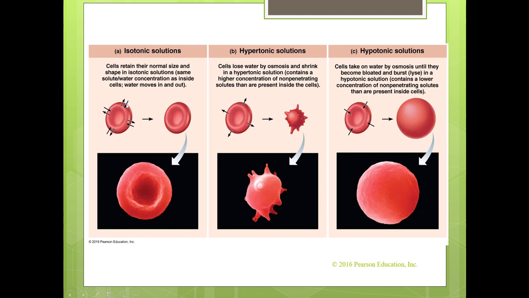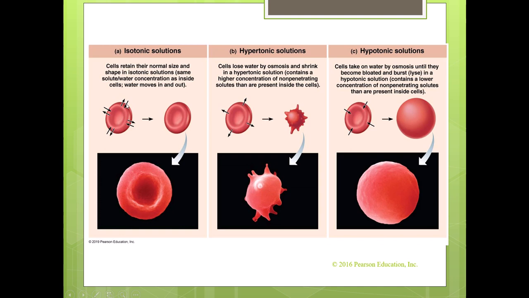Now, plant cells and animal cells react differently to the different types of solutions, as you saw in the little video there. So what our animal cells like are isotonic solutions. So some water moves out, some water moves in, but since the environment has the same concentration as the intracellular environment, the water losses are balanced by the water gains, and the cell does not change in terms